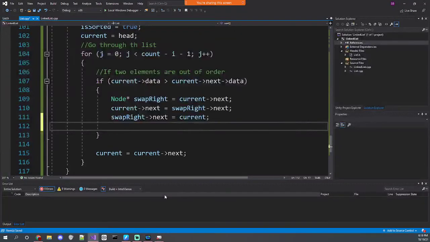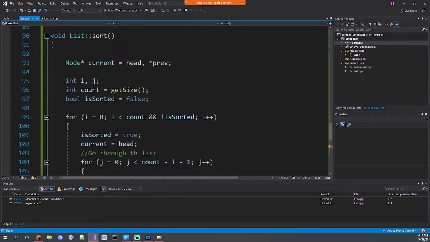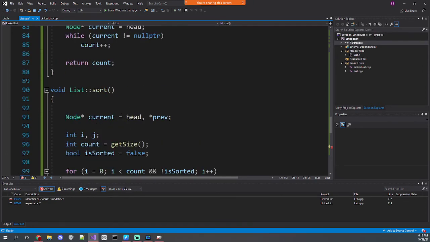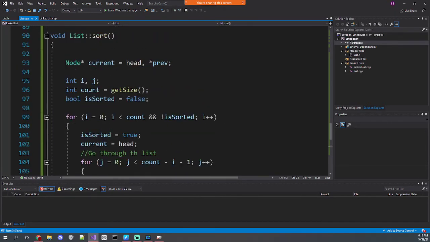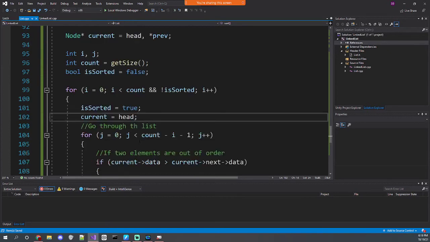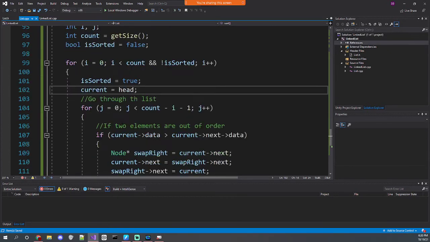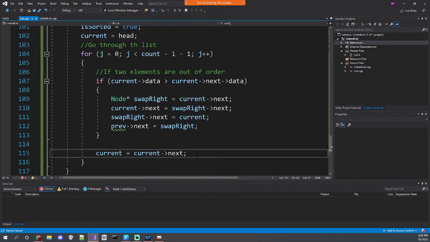And then we set the previous, which we also need to keep updating, I guess. Did I keep a previous? I call it prev. We set the previous next equal to swap right. Okay. So we need to do some things here with previous. I haven't been updating that. So what we need to do is